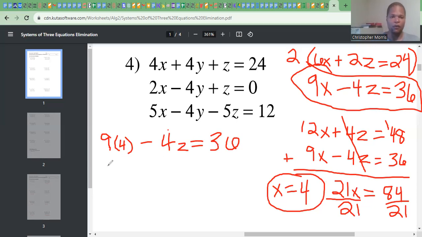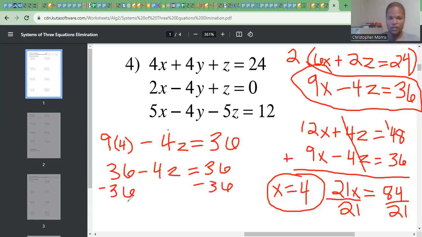Well, 9 times 4, we know is really 36. So we're going to change that to 36 minus 4z equals 36, okay? And then we're just working our equation solving skills from here on out, right? How do you get this solved? Well, that's a positive 36. Do the inverse. Minus both sides by 36. And so probably is going to end up equaling 0 here,